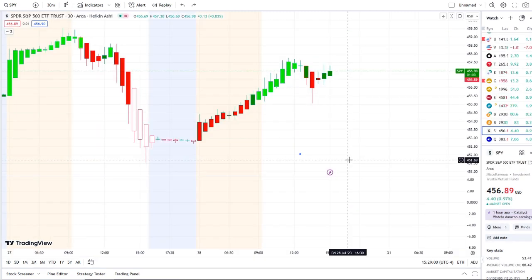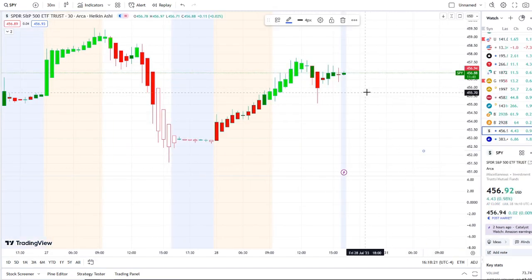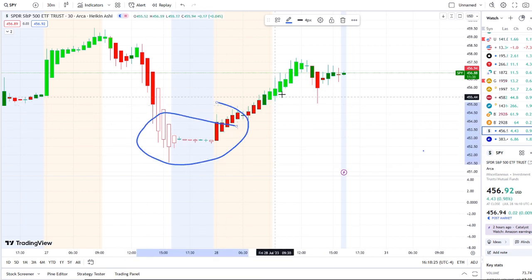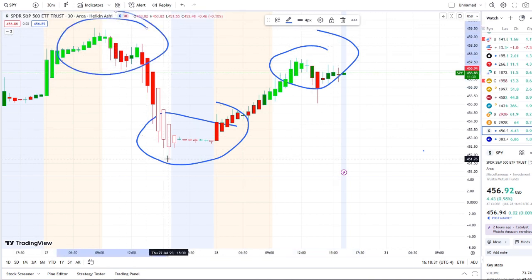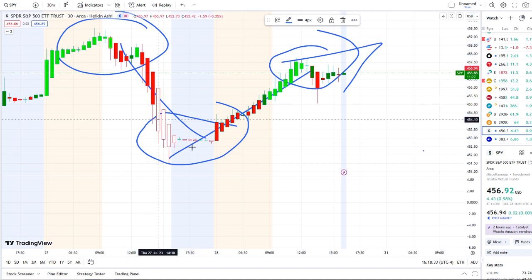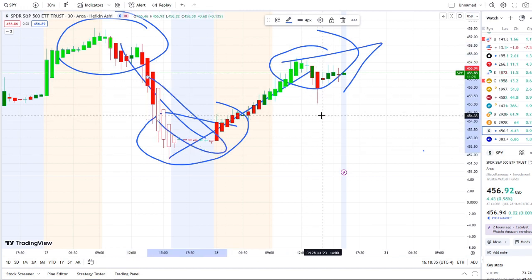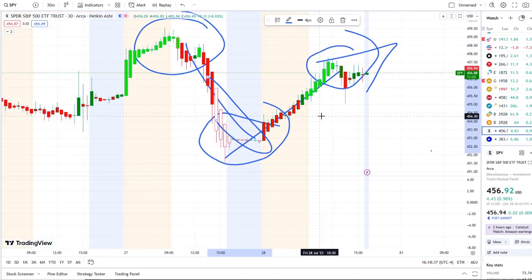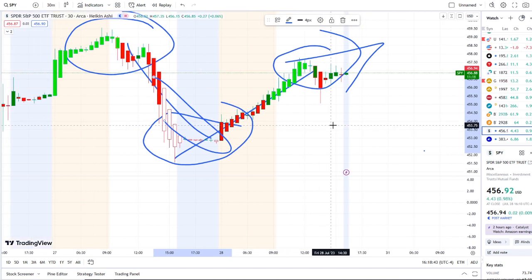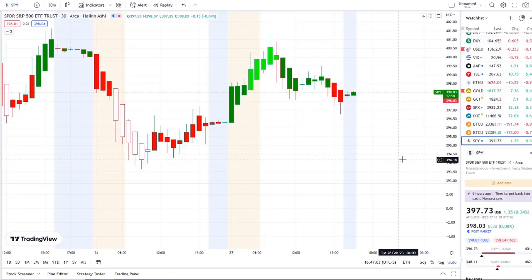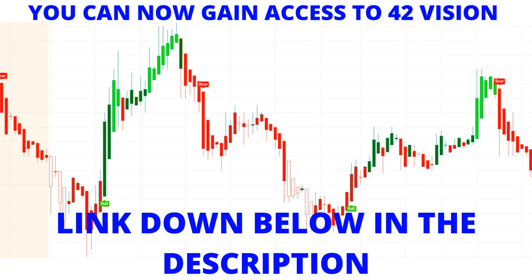Let's jump into these charts. So here we are with the SPY, the SP 500 index, doing a full transition from the dip area to the rip area today. And if this is your first time coming across the channel, this is 42 vision, which allows us to see the dips from the rips, and where the strength and weakness lies within the charts. And we also use our bull and bear indicators and inflow versus outflow as an extra layer of confirmation, which I'm going to pull up here.